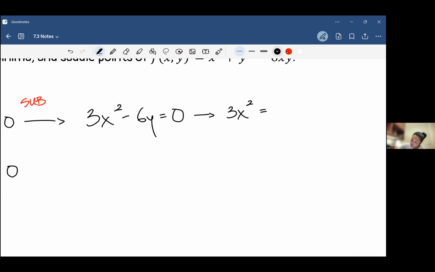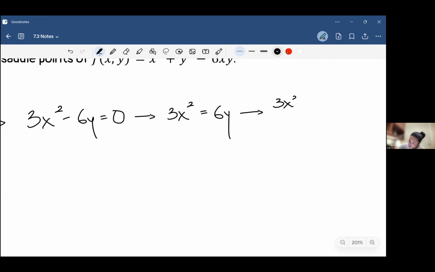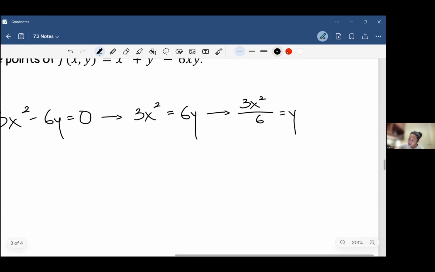So 3x squared equals 6y. And then I'm going to divide both sides by 6. So I get 3x squared over 6 equals y, all right? And let's reduce this to be x squared over 2, because 3 and 6 reduce,